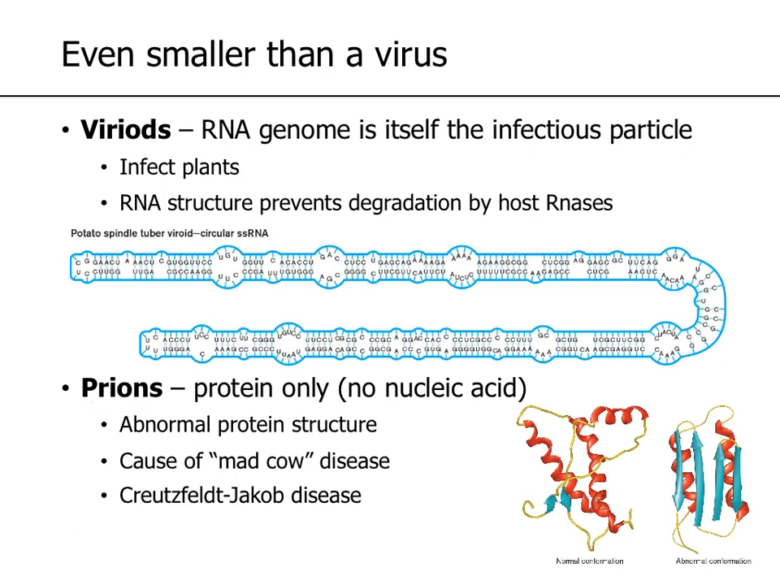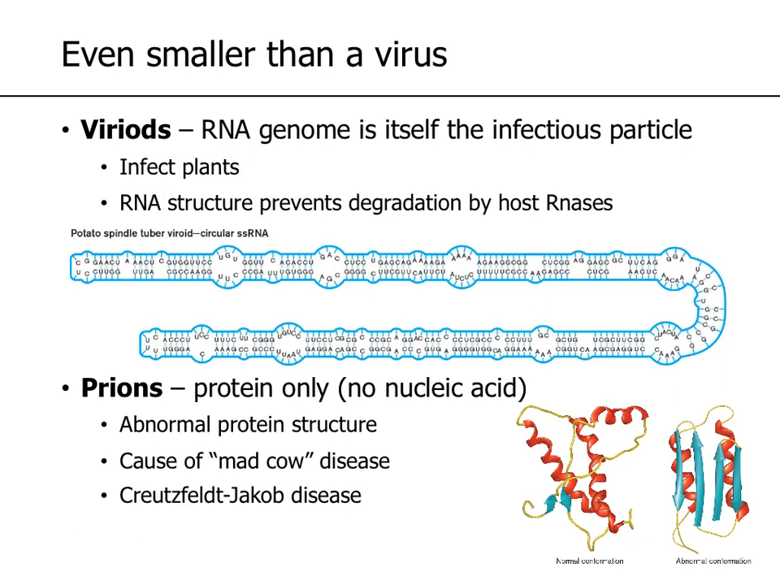All right, the other exception are prions. You've probably heard of prions in the case of mad cow disease or Creutzfeldt-Jakob. These ones have no nucleic acids, so these are just proteins. They are proteins that actually fold into these abnormal conformations. So if this is a normal protein structure, the prions will actually fold into this structure. And then so